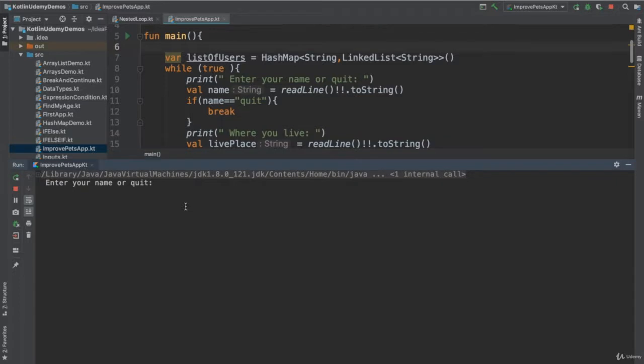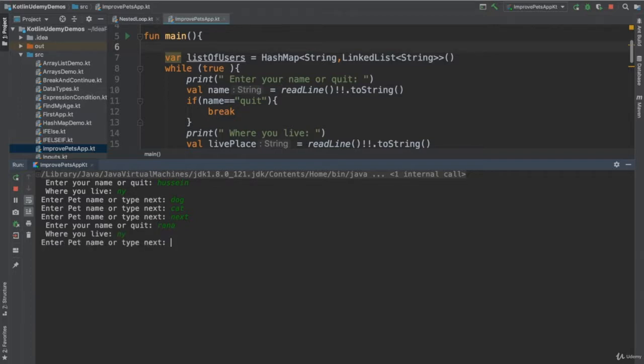So enter name or quit. I say Hussein, place he lives in New York. And I will say pet, dog, and cat. Then I go to the next user. Then it asks me, I would say Rana. The place is NY. And pet a fish, and yep, I say next user, Jenna, and Jenna, she has a